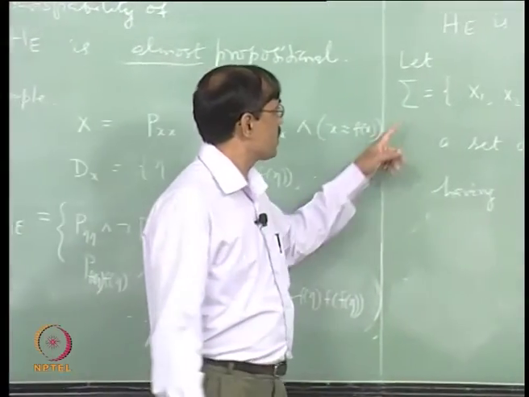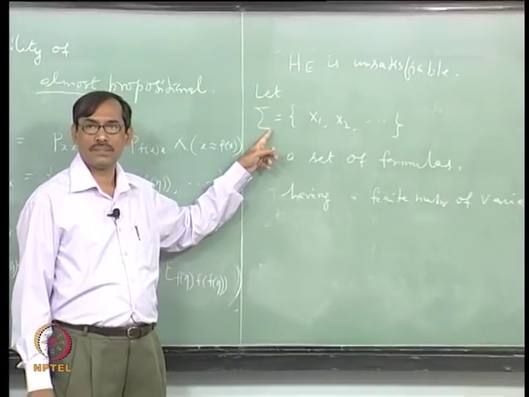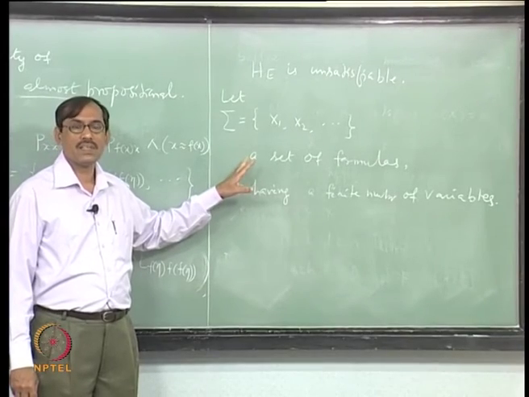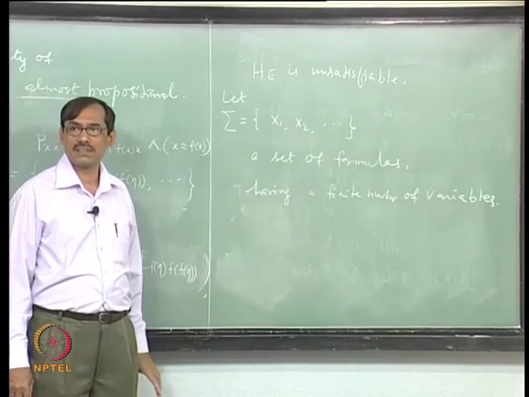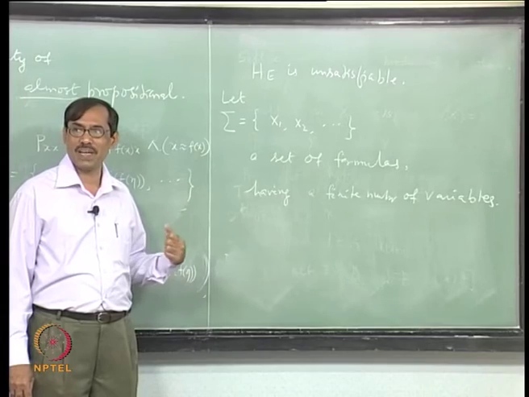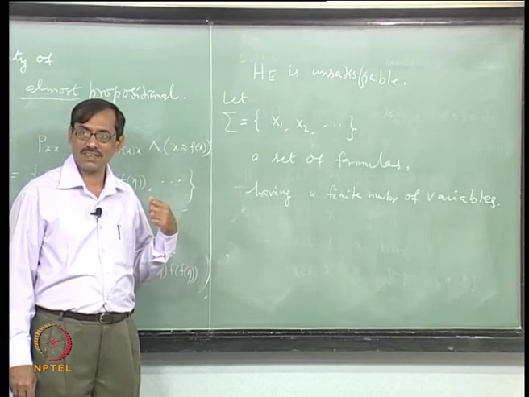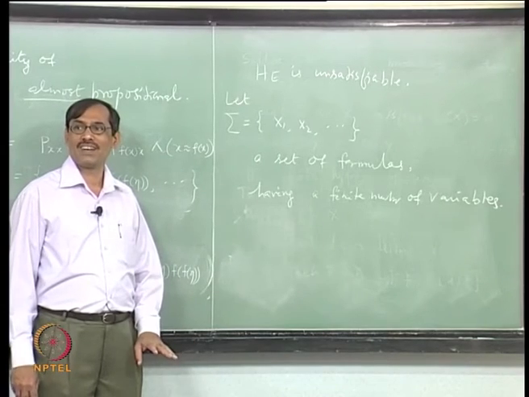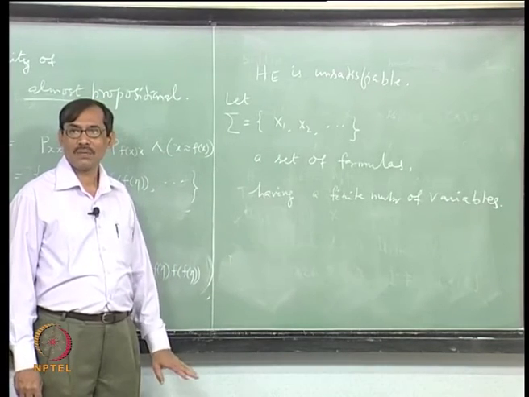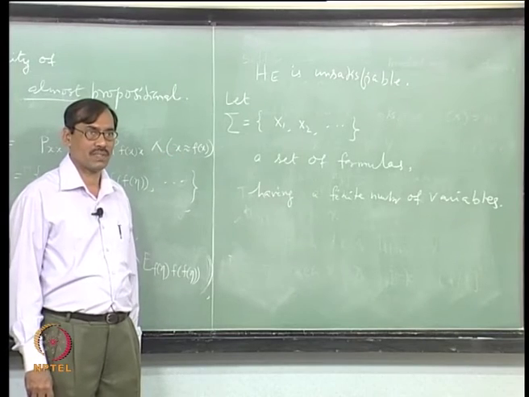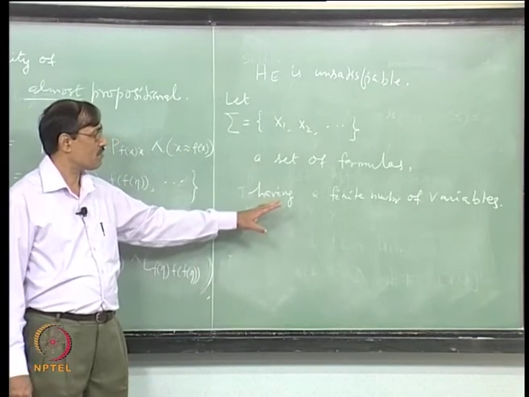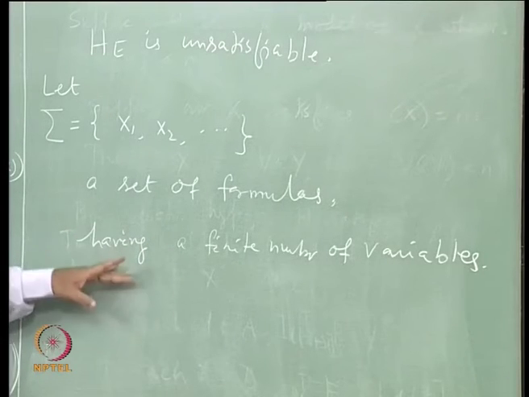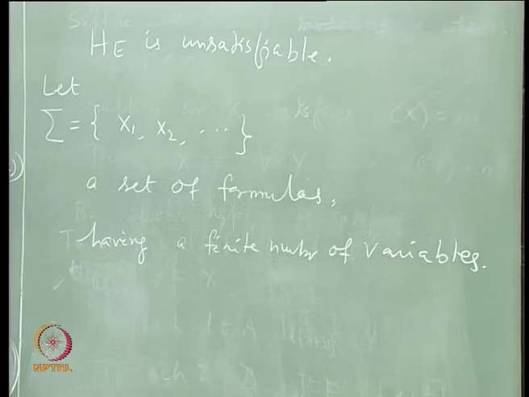Then you can think of a Herbrand expansion of sigma, because all that you need is a finite number of variables in the Skolemization process. If there are an infinite number of variables you cannot finish Skolemization. The algorithm will not terminate, though Skolemization can be done theoretically, but no algorithm will finish the process. Now, if the number of variables is finite, then you can have a Skolemization process on it.